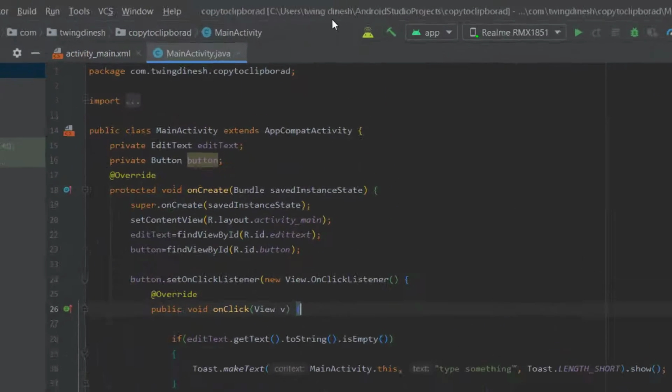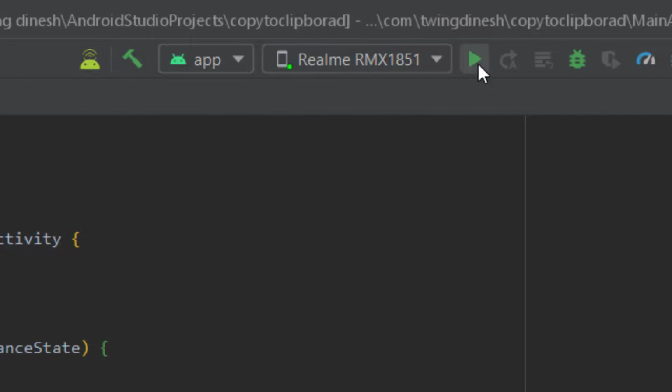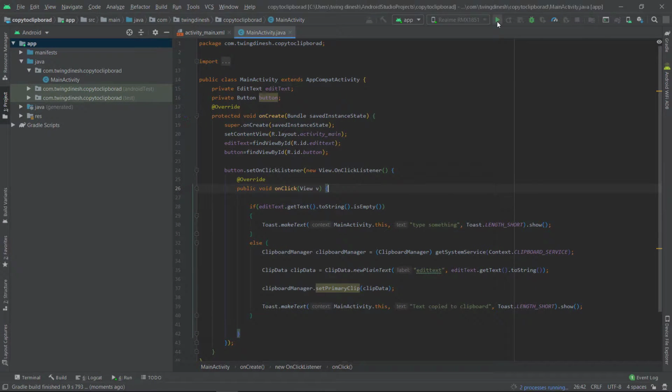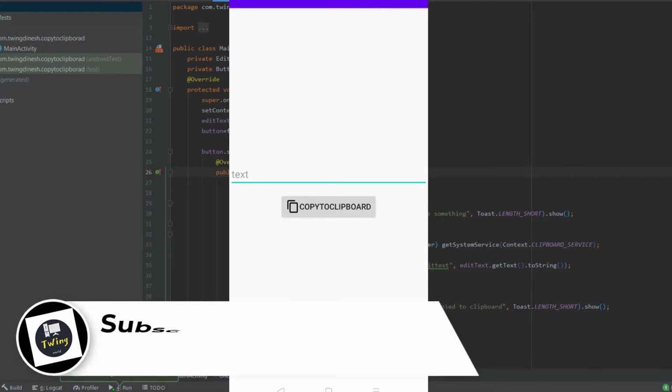Perfect. See here, this is one plugin available in Android Studio. This plugin will help you with Wi-Fi debugging. Those who connect their smartphones for debugging have to use a USB cable, but I am using Wi-Fi. This is my Realme 3 Pro device. I am just connecting. If you want to know how it came, I have mentioned the code above, which is the best plugins. You can check that. So this is the output.